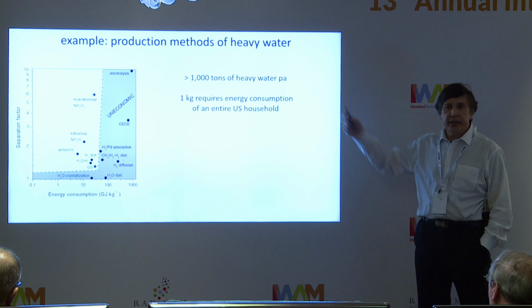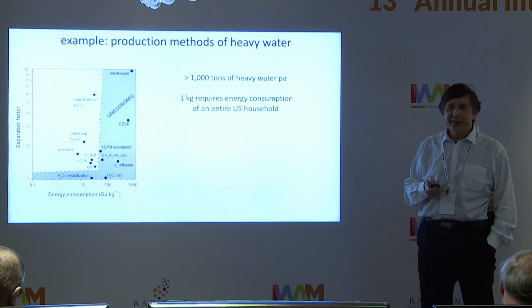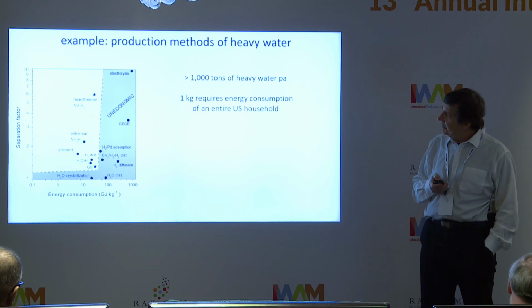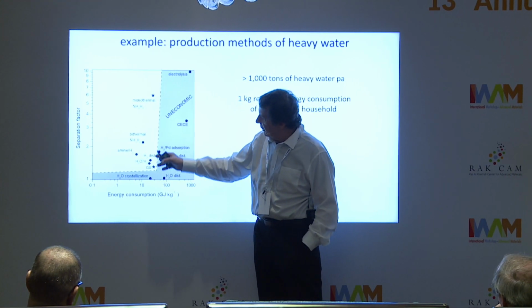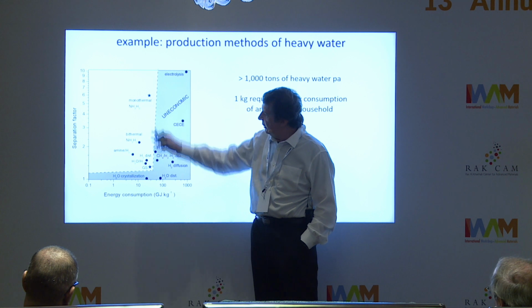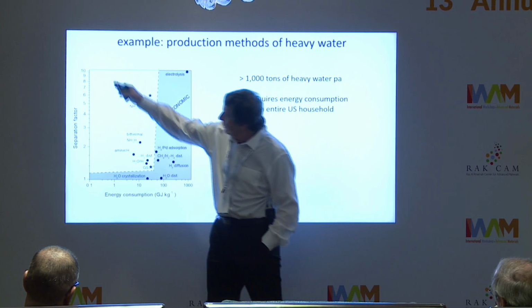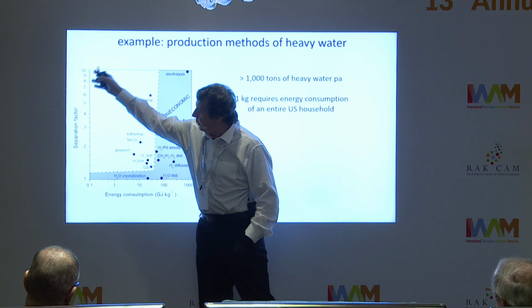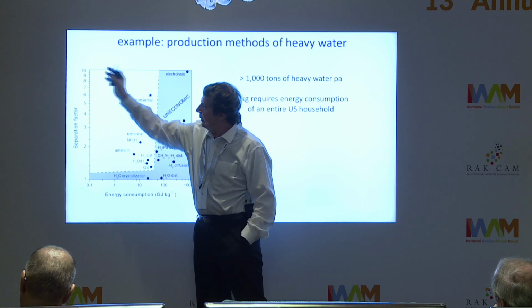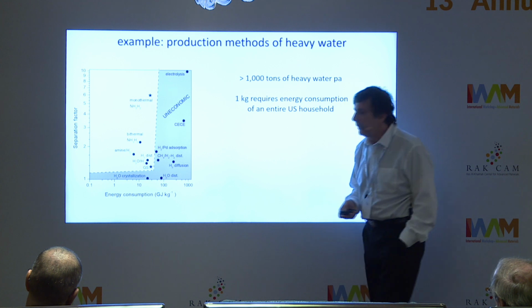It's not as big energy consumption as, for example, mining for bitcoins, but it's still quite a considerable example. So these are different technologies. Those two marks are what is usually used in industry. That's the energy consumption, that's the separation factor. What you would like is to be in this corner: little energy consumption and large separation factor, because separation factor translates